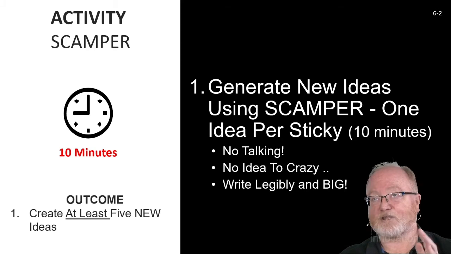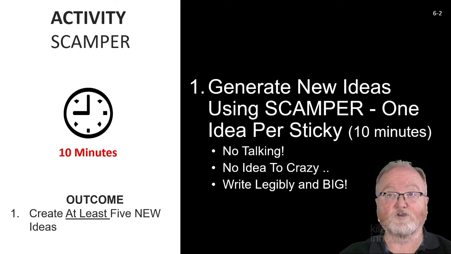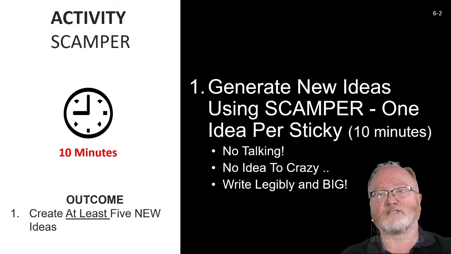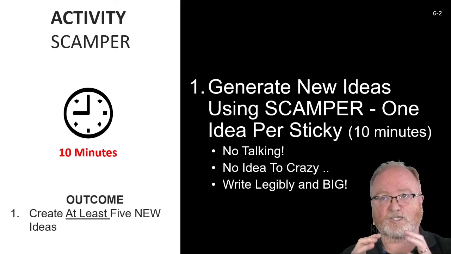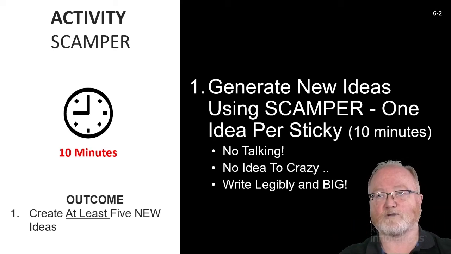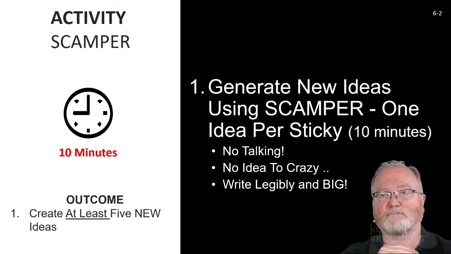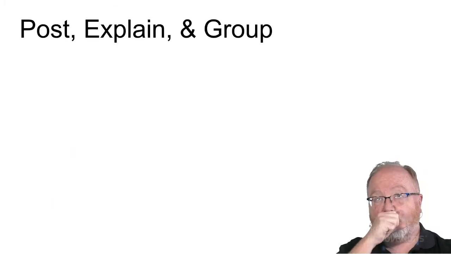And again, this is another 10 minutes, and we want them to generate at least 5 new ideas. So 5 added to the original 20 that you wanted in the first step. So these two activities combined, individual ideation and then SCAMPER, out of that activity, you want every person in that group to generate 25 ideas. 20 individual, 5 following the SCAMPER. So now you've called time, you've done the clock, give everybody a little bit of a break,